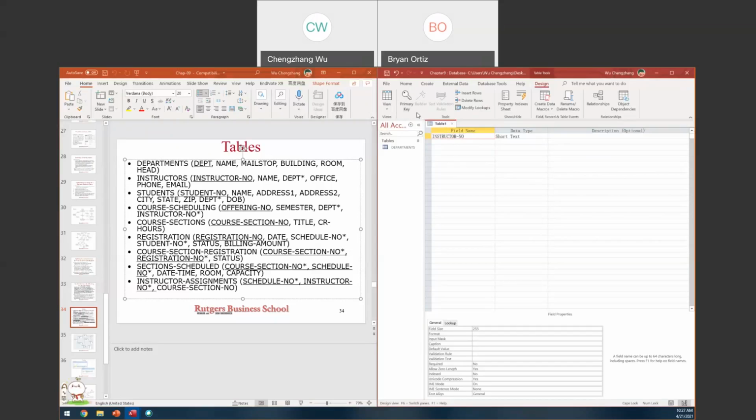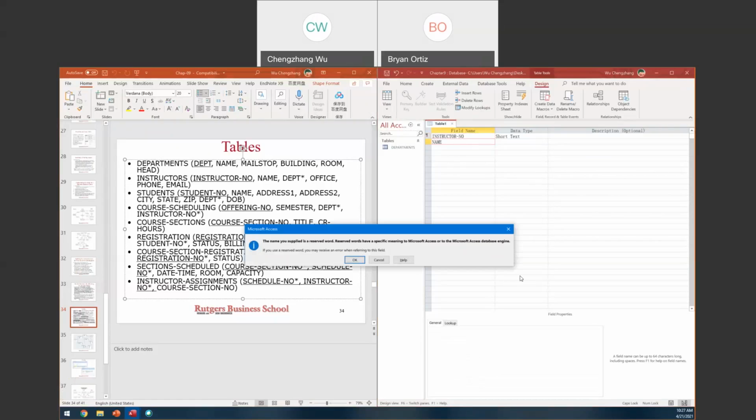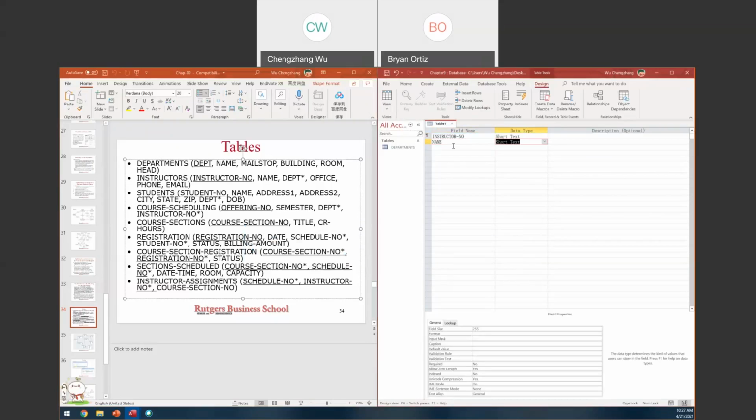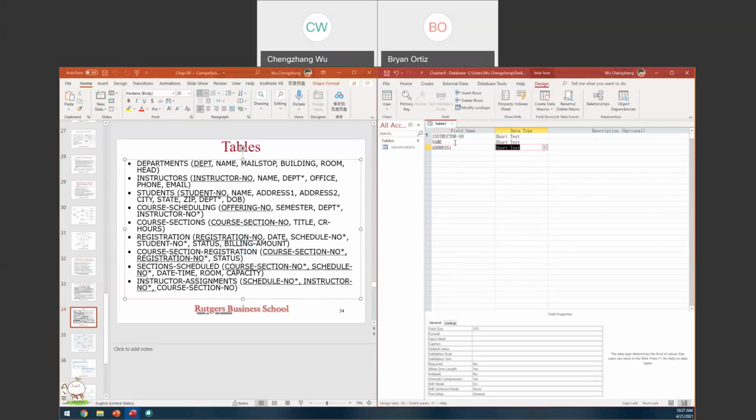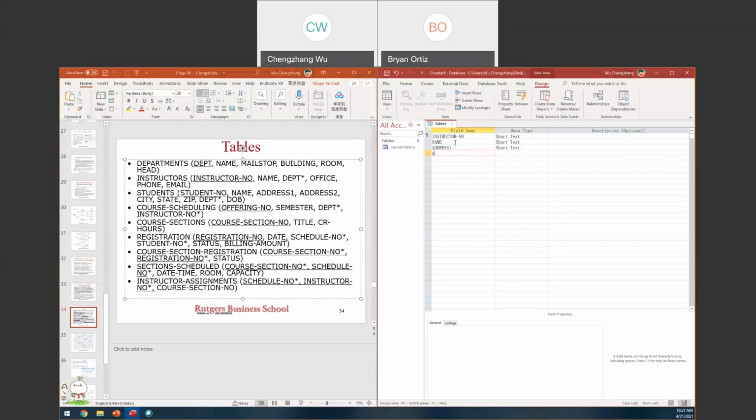So we need to designate this field as the primary key by clicking the primary key icon here. Next, the name. We simply ignore this by clicking OK. Name, address 1, address 2,